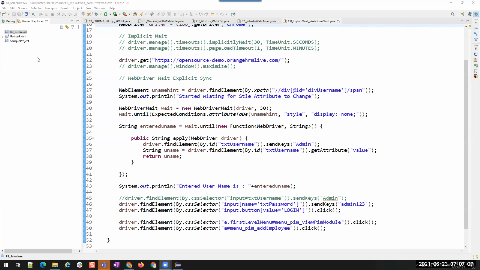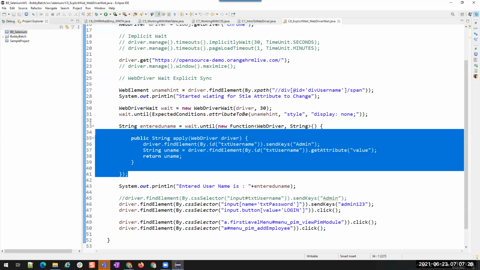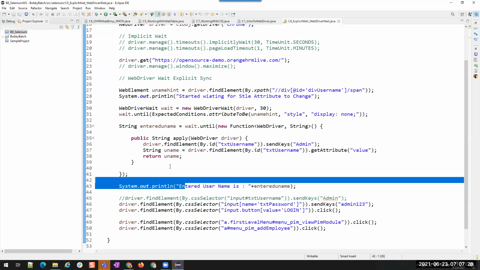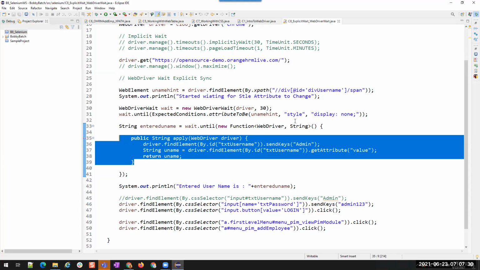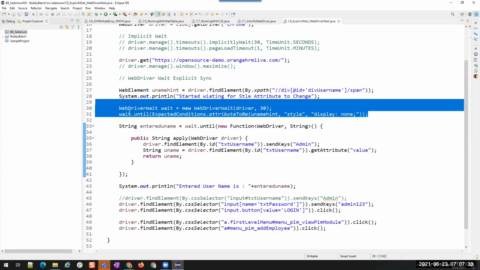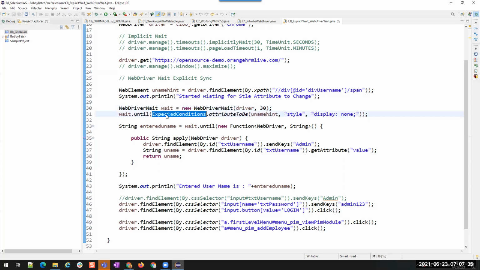We learned about implicit wait, explicit wait, the difference between implicit and explicit, and in explicit wait, we have learned how to use WebDriverWait, right? We have seen examples of applying WebDriverWait using default functions and user-defined functions. We have done both. We have created a user-defined function and also used expected conditions. These are already present inside Selenium. We are just using that class, that's all.